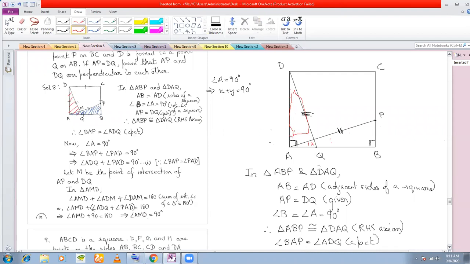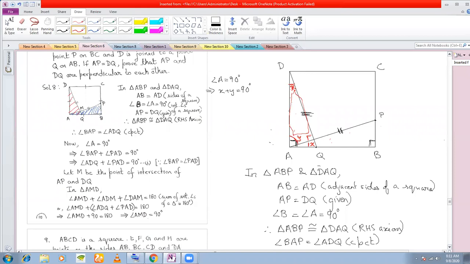So if the sum of these two angles, Y and X, is 90 degrees in this triangle, then this angle has to be 90 degrees, right or wrong? Yes. Therefore, that was the main idea to show why I showed that this angle is equal to this angle, because once these two angles are equal, then I can call them X.